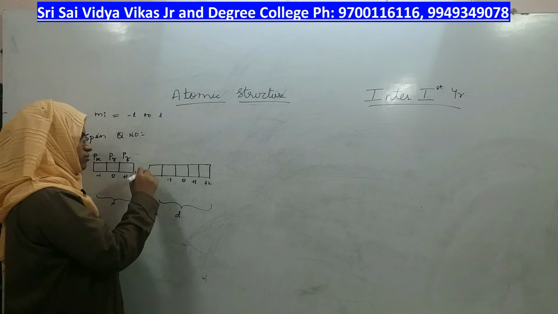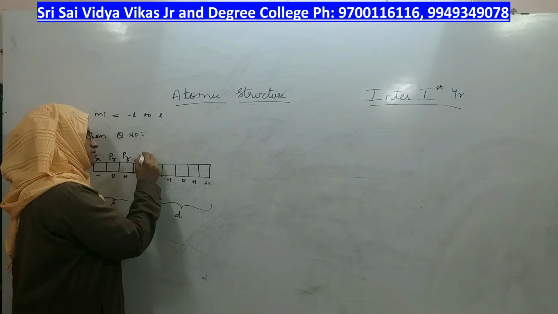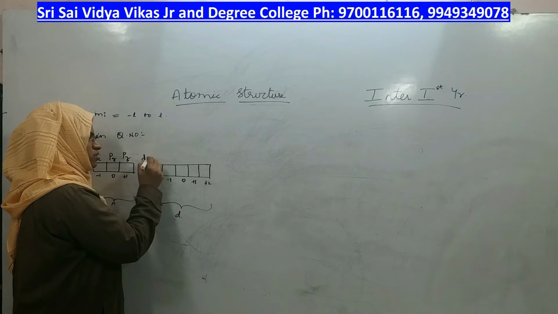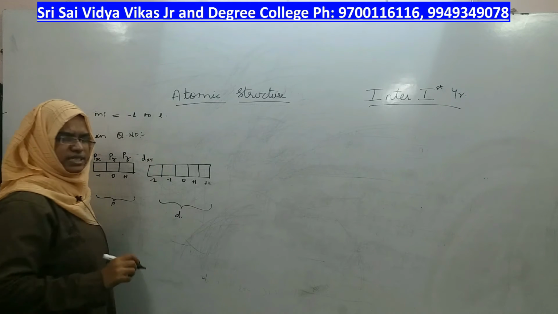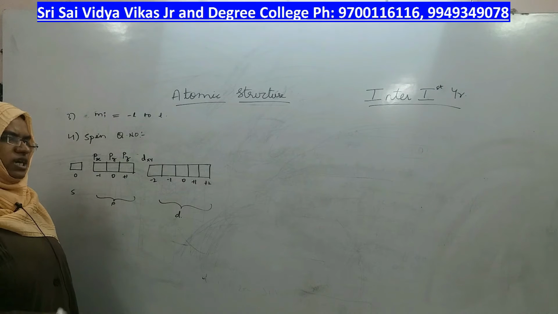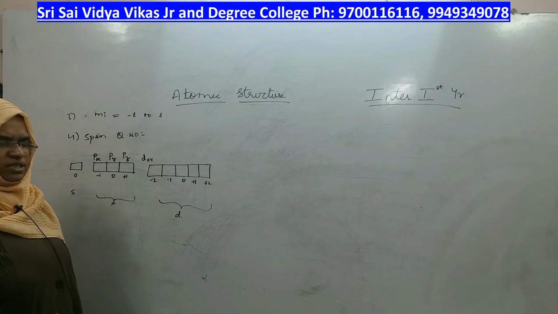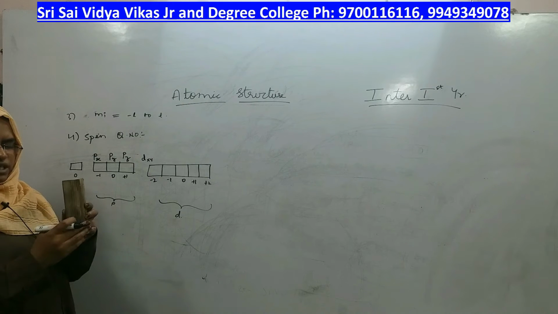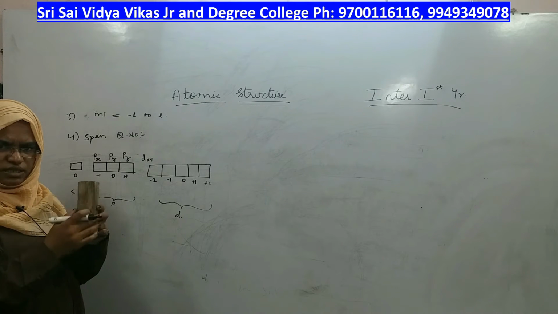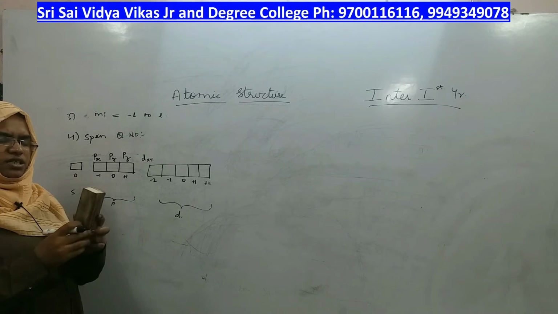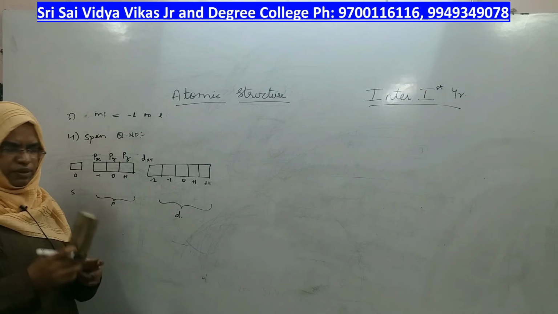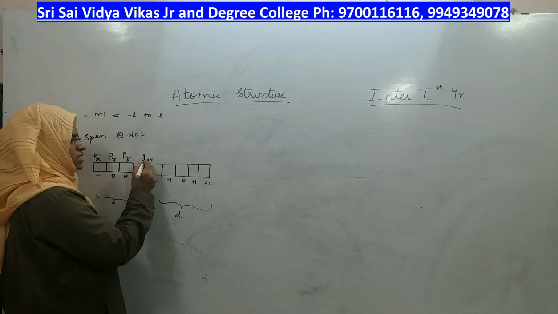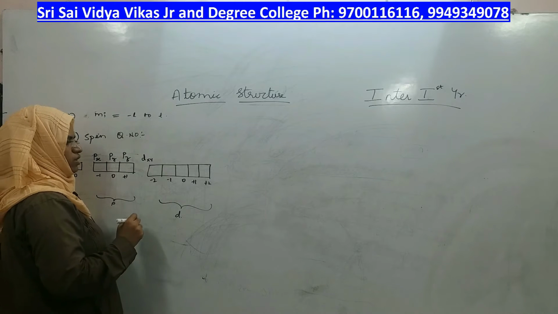You had 5 orbitals, and their names are: the first d orbital which is oriented in between x and y axis, or you can say in the plane of x and y axis. If this is x axis and this is y axis, it is neither on the x axis nor on the y axis. It is in between them in the form of a plane. Therefore you call it as dxy orbital.